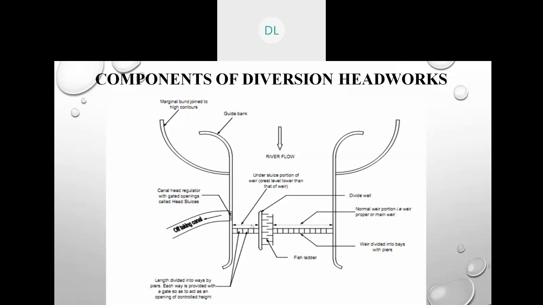Why? If there is a discharge here, it becomes difficult for the water to enter the canal. So what we need is water here with lesser velocity, and water with lesser velocity can be diverted. We are diverting water almost at a right angle, changing the direction of the water almost at a right angle. If it flows with greater velocity, it will skip these openings and flow downward directly. So we create a pocket here and build a kind of barrier for the water to be held.